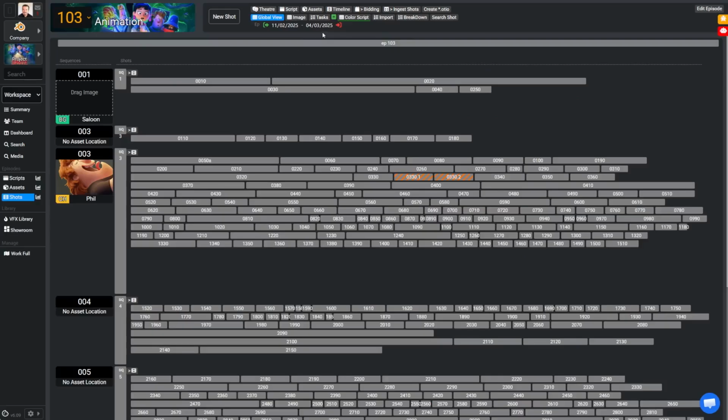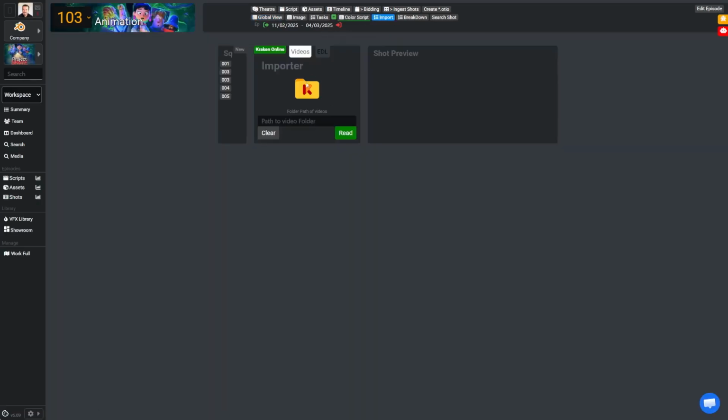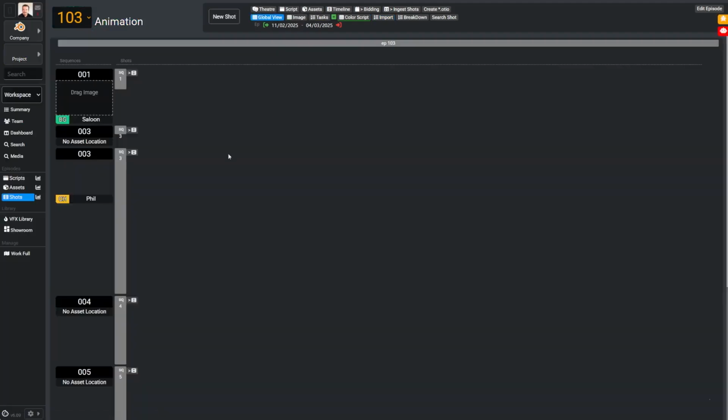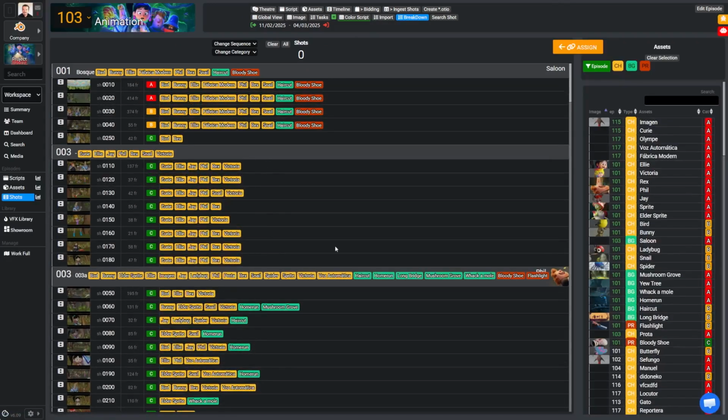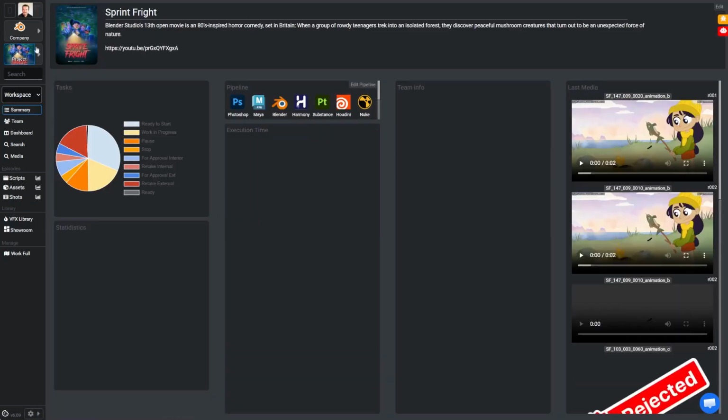Once a shot is imported, meaning we create a shot and import it either from a video list or from an EDL, we can begin generating an episodic structure. With this episodic structure, we can generate the full script breakdown and determine which assets are used in which shots. This allows us, for example, to initiate layout tasks as soon as the assets are minimally prepared for that type of work. Automation tasks handled by TDs can start operating immediately.